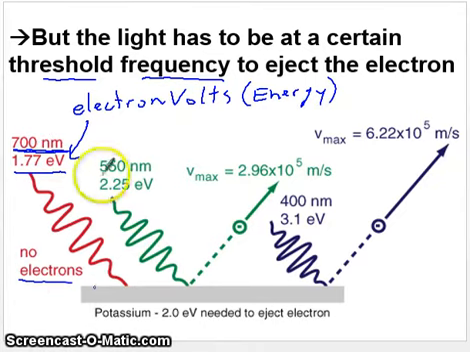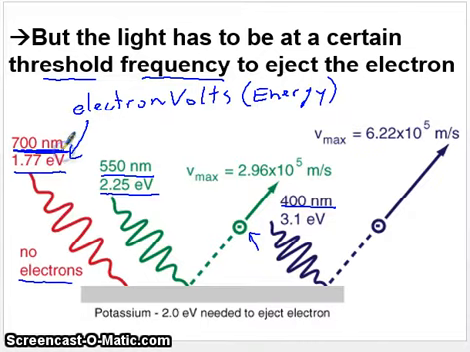However, if you shine green light on it or blue light, electrons do get emitted. You see this electron flying off. So you need a certain frequency in order to do this. And below that certain frequency, no electron gets released. And because frequency is related to energy, you'll notice that here